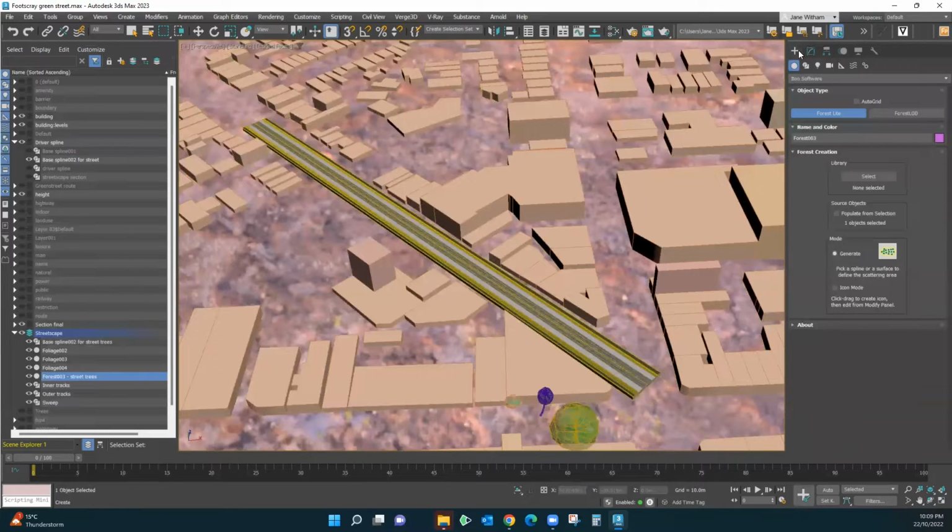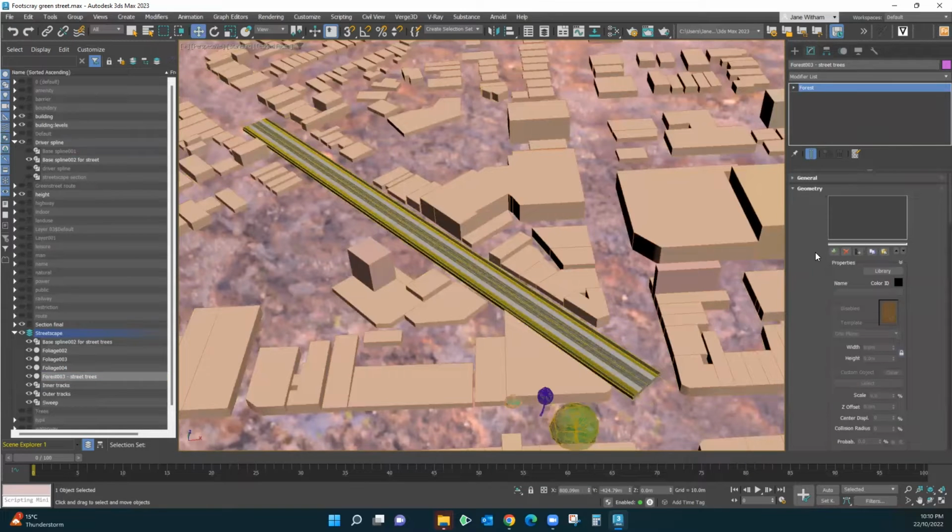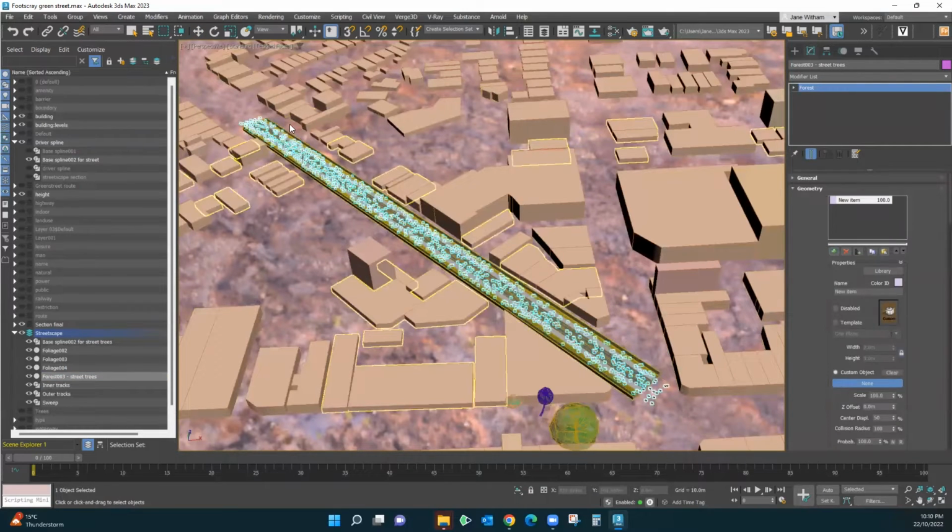Okay, now we can jump in and modify our forest. So the first thing we want to do is add geometries, and that will show the scattered trees sitting within the spline that we've just created. We want that to be